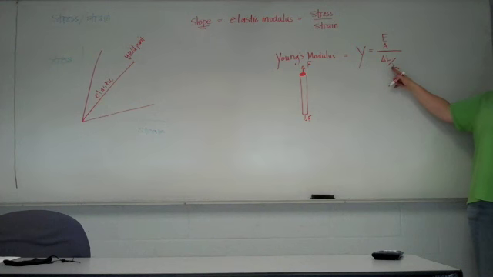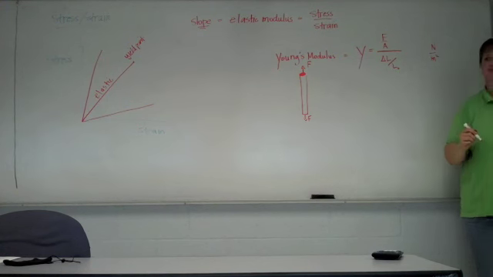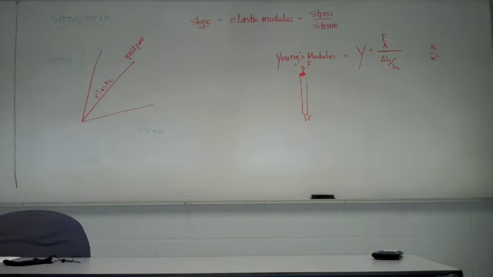Now units. Delta L over L naught, the units of meters are going to cancel. So strain is actually unitless. It has no units associated with it. Stress is newtons per meter squared. So Young's modulus has units of newtons per meter squared over nothing. So units of Young's modulus are newtons per meter squared. You don't generally see it written as pascals, though. Even though we know a newton per meter squared is a pascal, we tend to leave it as newtons per meter squared. Okay.